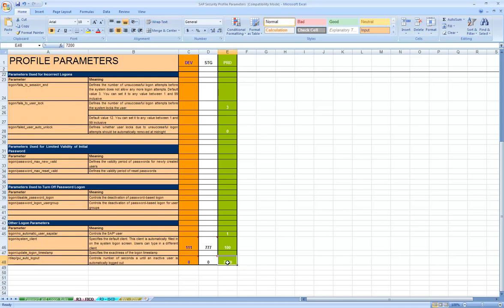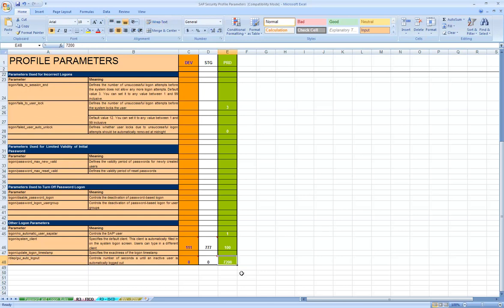The value is set in seconds, which means that if the system doesn't find any activity for that many seconds, the system will automatically terminate the session.